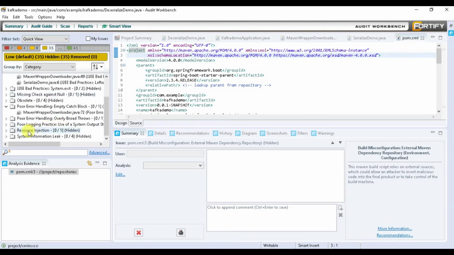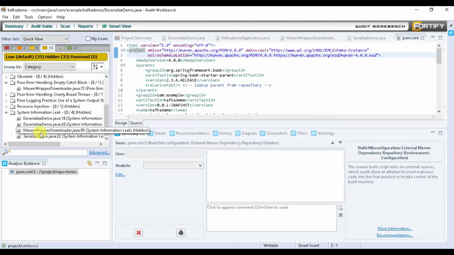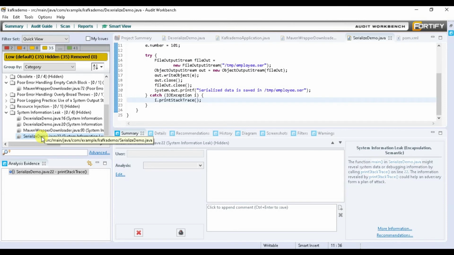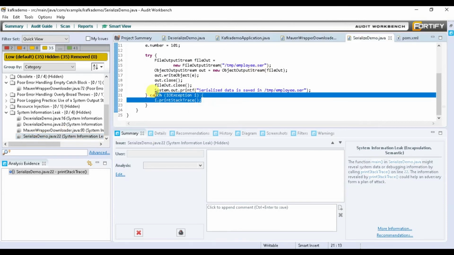Okay, poor handling, let me see. In serializer demo main, it's saying that revealing the stack trace should be avoided as far as possible, because you might reveal some system data in the detailed stack trace.